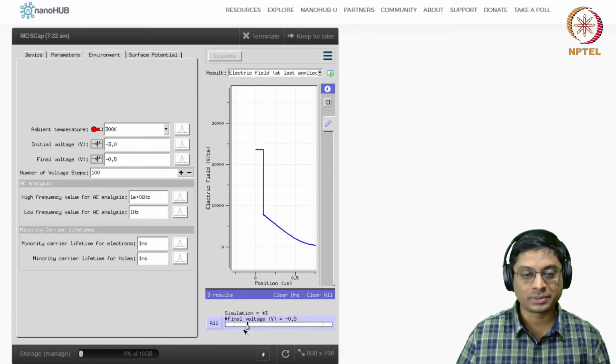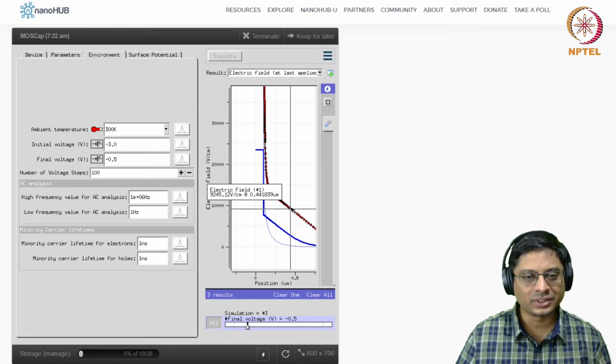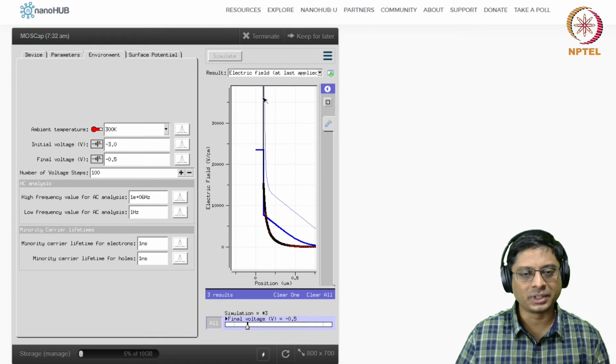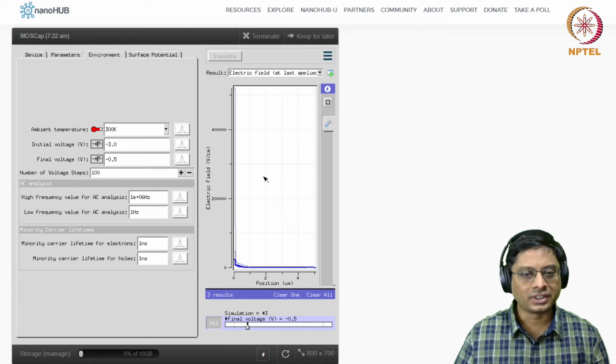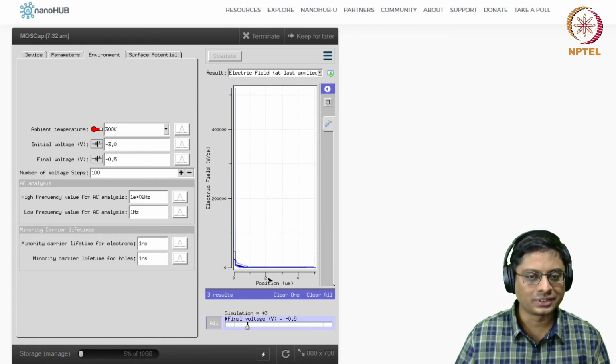But in the previous simulation, simulation 2 I think it was, you can go back or you can plot all of it. You see here, yeah. This was one of the simulations where for the electric field, the first one was already depleted, and the second one, I think, was where we had inversion. Yeah, you see this. Now, this is wonderful.